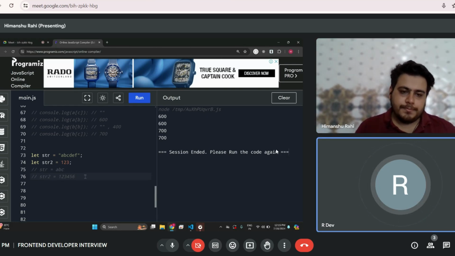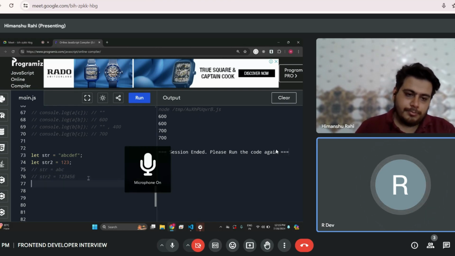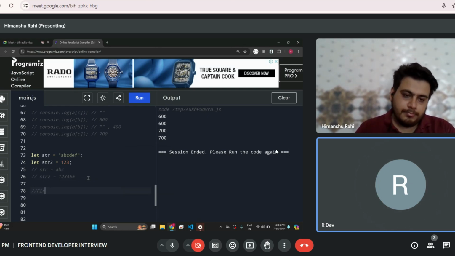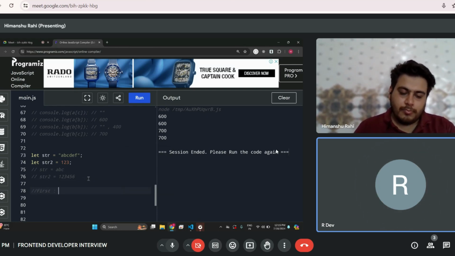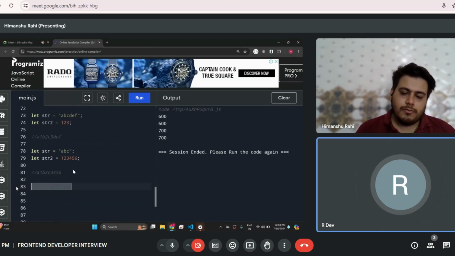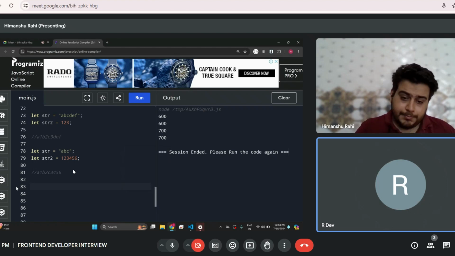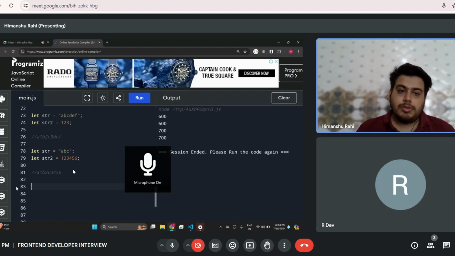Now in the first condition the output should be A1. You can write down in a comment for the first condition. You have to create a function. It should satisfy both the conditions.